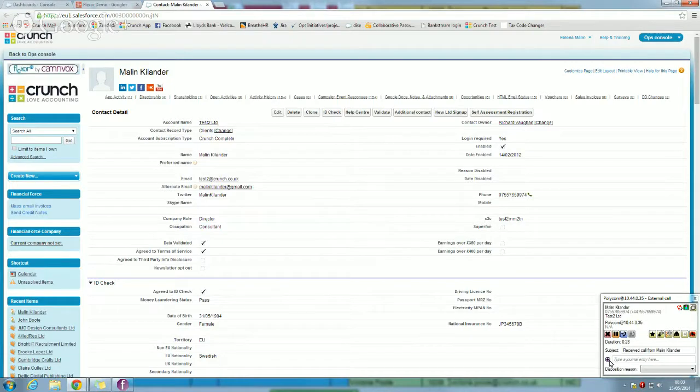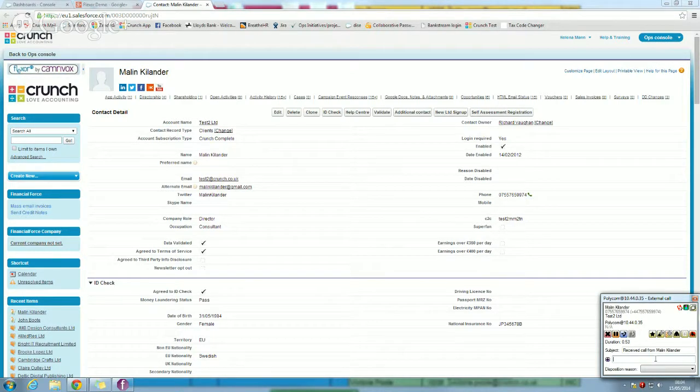Earlier I was speaking about call logs. So if you're down here, this is where you'll be logging the call, and it's really important that we start doing this. I know that we've been saying that for a while, and I know that some of you do, especially when it's an important call, but for general day-to-day calls, we really do want to start logging, so we can get an idea of what a client is calling in about,